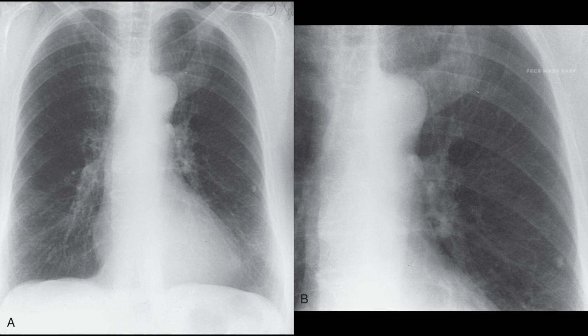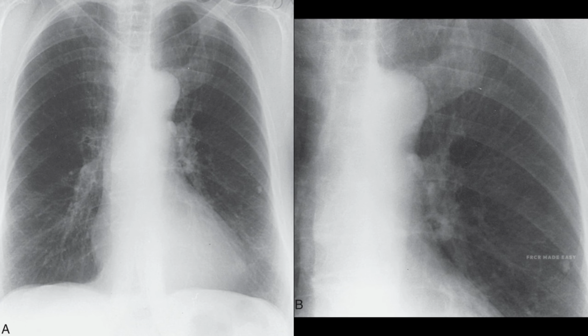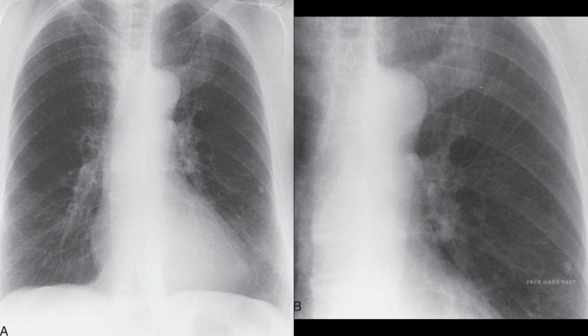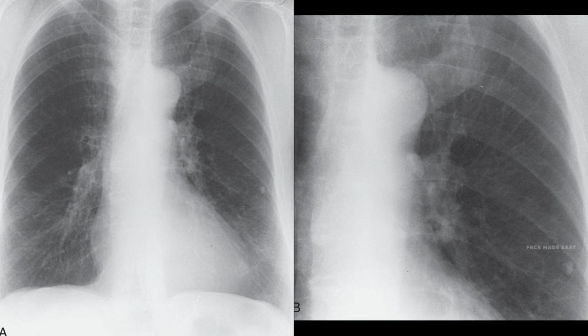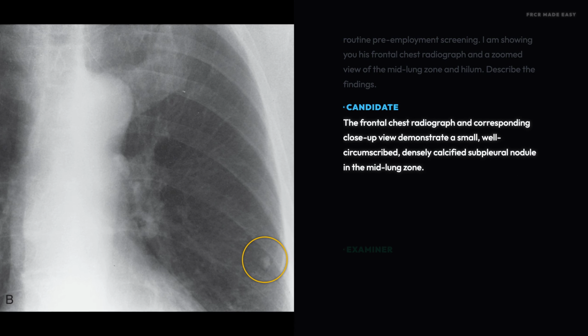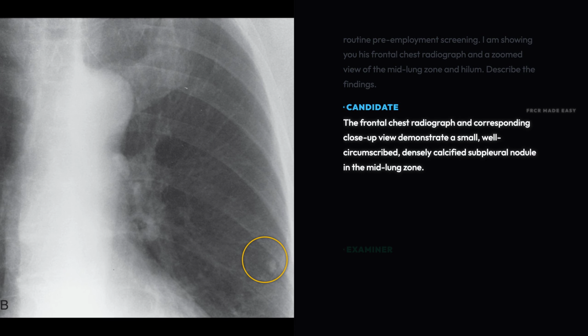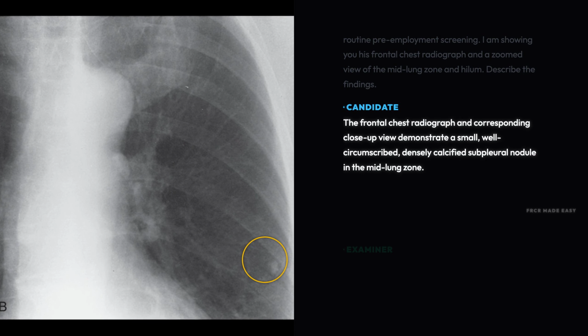An asymptomatic 65-year-old male undergoes a routine pre-employment screening. I am showing you his frontal chest radiograph and a zoomed view of the mid-lung zone and hilum. Describe the findings. The frontal chest radiograph and corresponding close-up view demonstrate a small, well-circumscribed, densely calcified subpleural nodule in